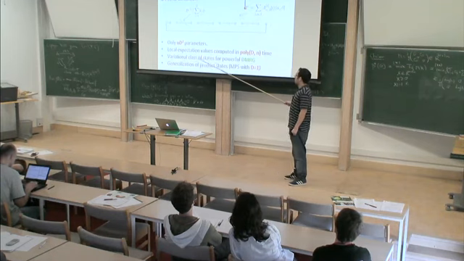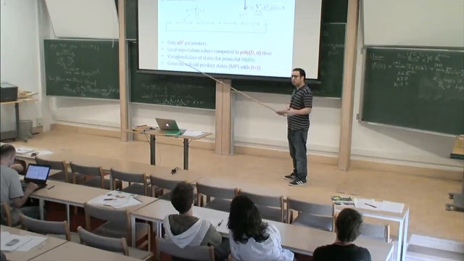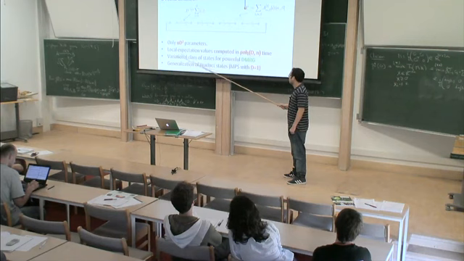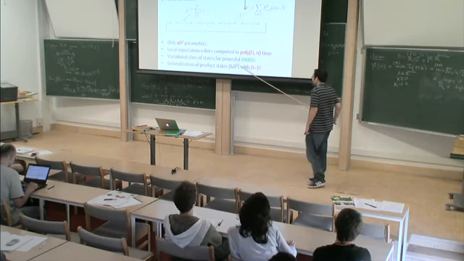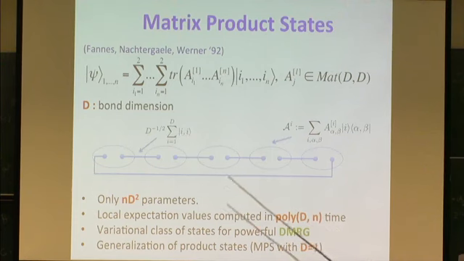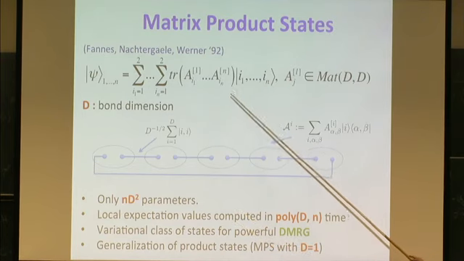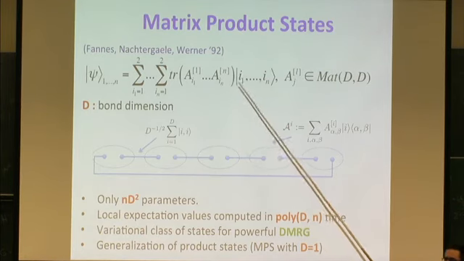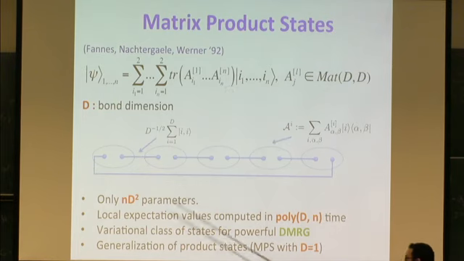Even if you look at what people do in practice in condensed matter, when they want to simulate these one-dimensional systems, they use DMRG, the density matrix renormalization group, which is a very useful thing. And it's really just a variational method over this class of ansatz, over matrix product states. So this seems to capture what's going on in one dimension. It works very well in practice.